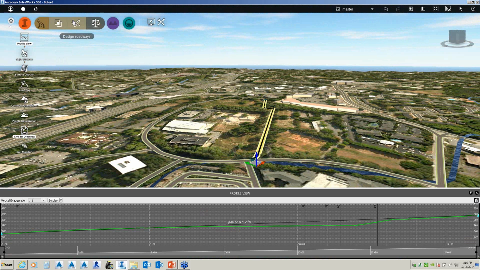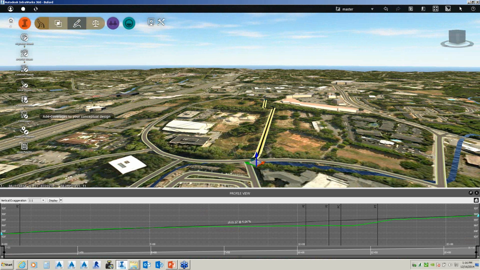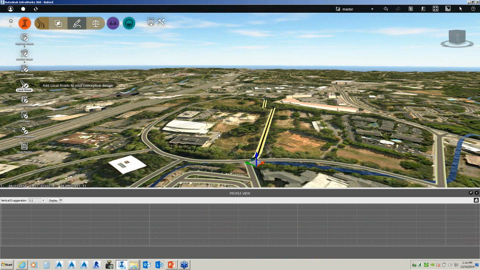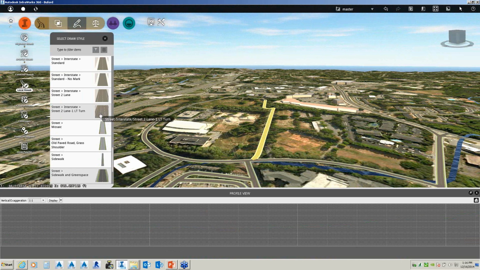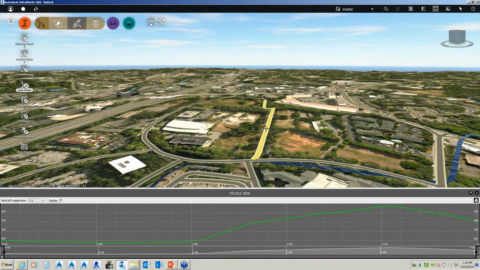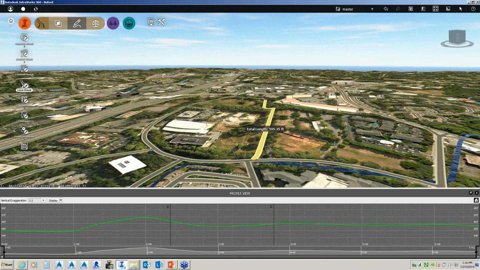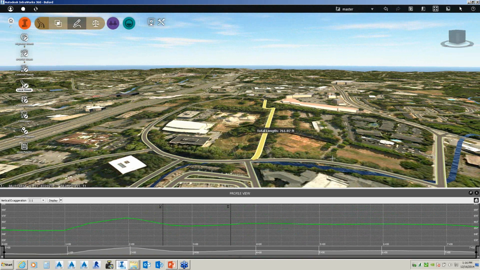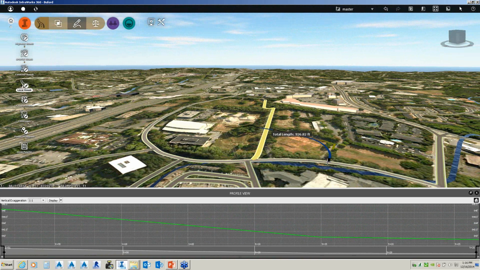I also want to be able to create another design road. So I'm going to create another design road. And we'll just say this 2-lane with a left turn. Pick here, and we'll pick here, and then we'll bring that around and double pick right there.